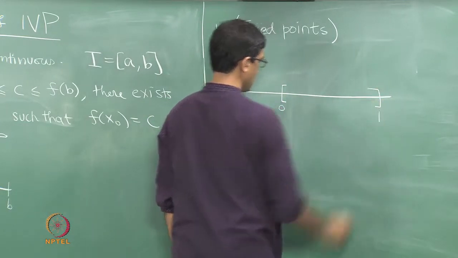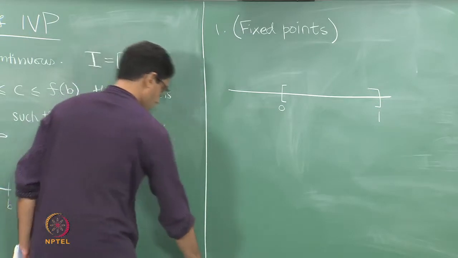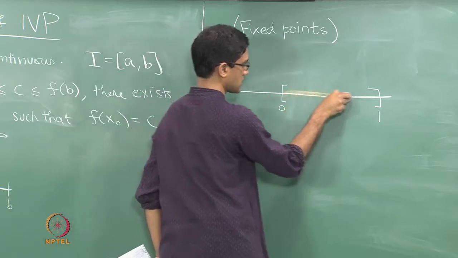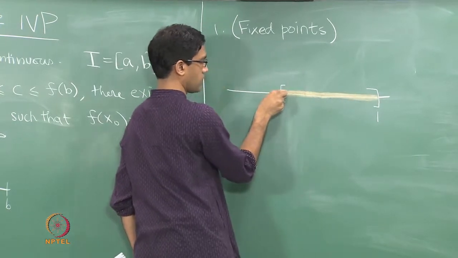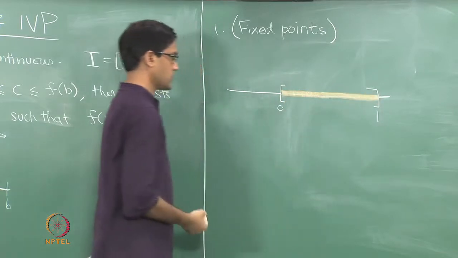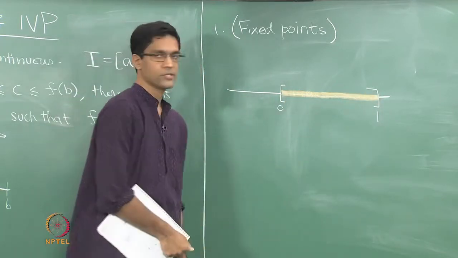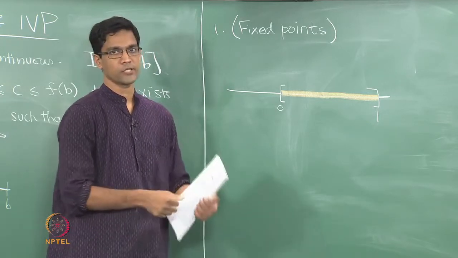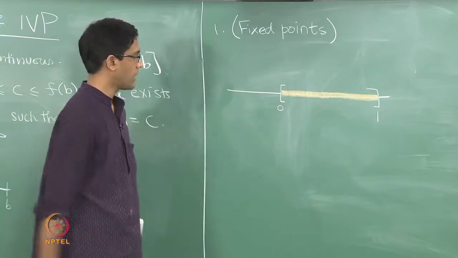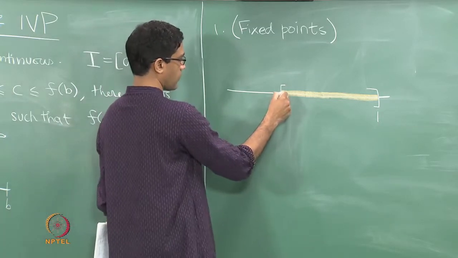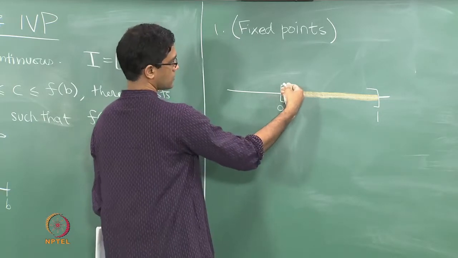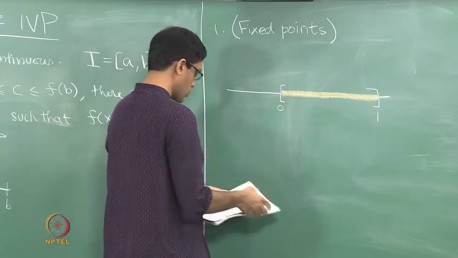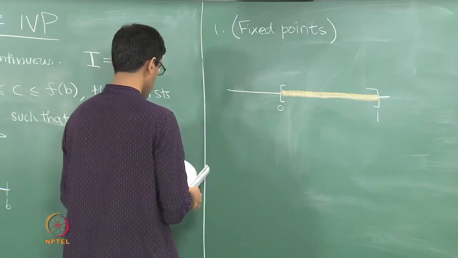So let's imagine the interval between 0 and 1, and let's for the moment pretend that this is some sort of a rubber band, in the sense that it can now be stretched. So I have the interval between 0 and 1, and what we'll now do is the following. We'll imagine stretching this rubber band such that the endpoint 0 moves to something to the left of it. So we sort of take it and stretch it. So let's say 0 moves to some point to the left of 0. So let's give it a name.